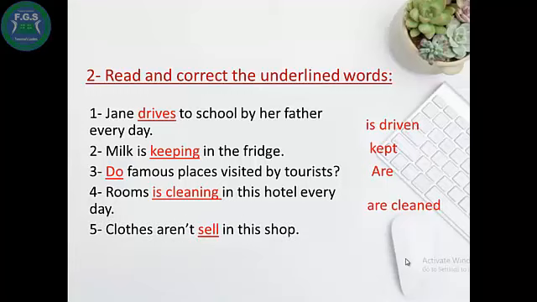Number 5, clothes aren't sell in this shop. The past participle is sold. Clothes aren't sold in this shop. Number 6, who does your food cooked by? Who does your food cooked? We need am, is, are. Who is your